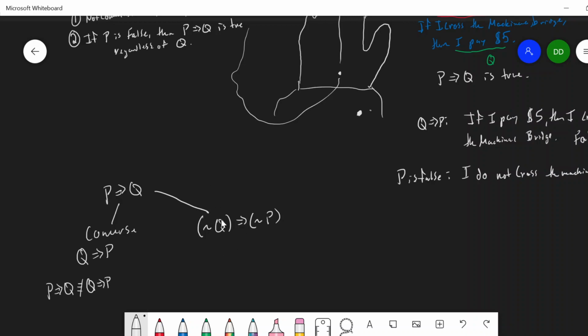However, the contrapositive is an equivalent statement. P implies Q is equivalent to not Q implies not P. So this is interesting. We have two equivalent statements that are both implications, but a different way of writing and expressing it. Now you might wonder why we would care about the contrapositive